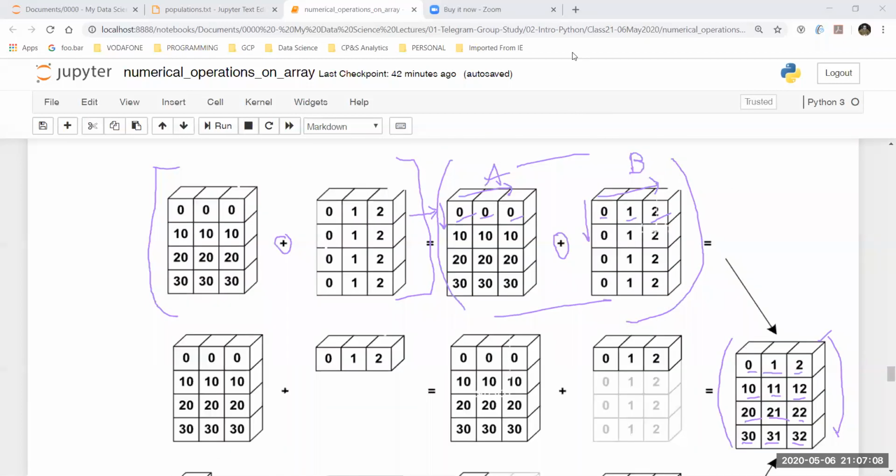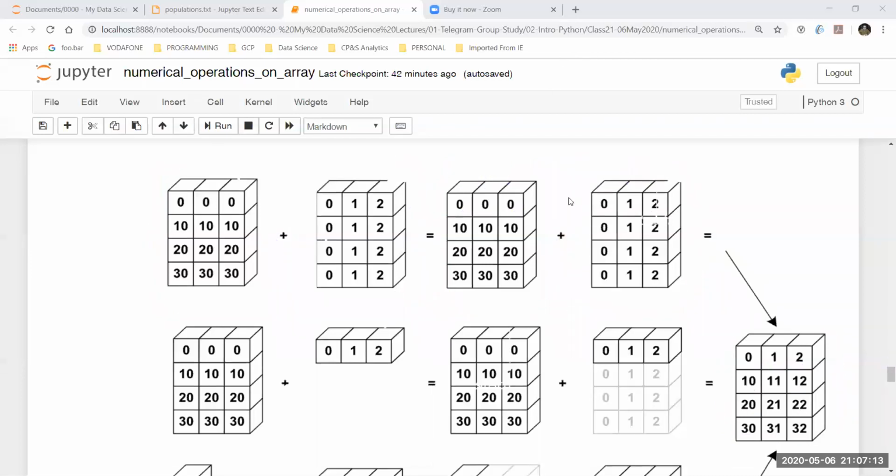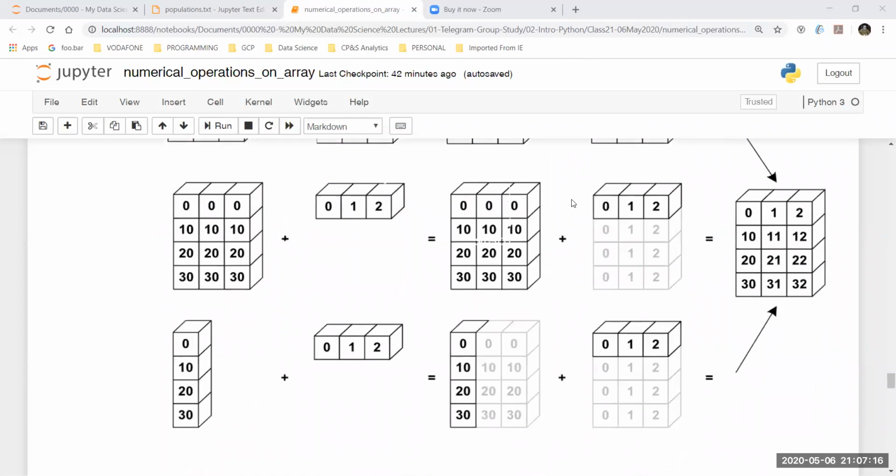Let me just clear all the diagrams and come down. Yeah. So this is what it is exactly doing. Okay. How broadcasting is going to work is that internally you have given it an array A which is of size 4,3, okay, and another array which is of smaller size, right? So what it is going to do is that this is just a subset. Don't take it otherwise, that why am I supplying a small block like this. You cannot mathematically do an addition of this array and this array.